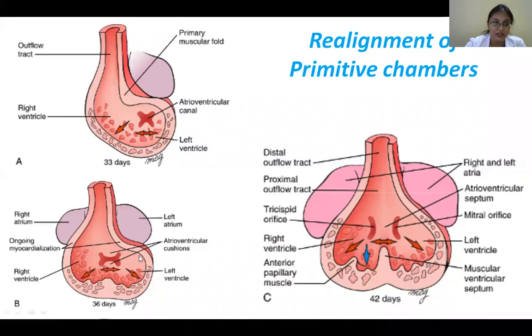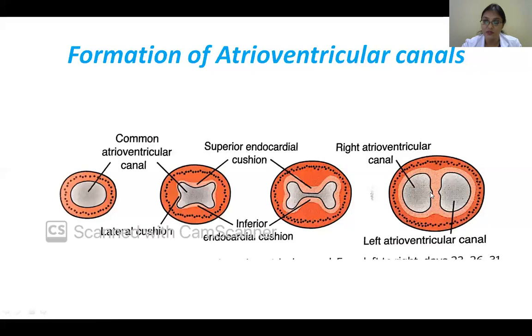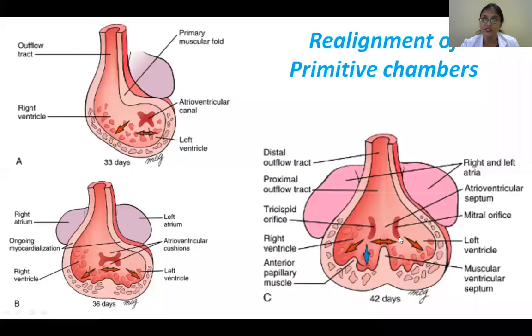So now how is the realignment happening? You can see the expansions. The chambers expand, and there's a stretch here again, atrioventricular, it's growing. Then you can see the atrioventricular septum has formed. Now you can see there are two different canals and not one. As the chambers are expanding here, you can see a muscular ventricular septum forming. Then a little more, there'll be some alignment. After that, you get left into this and right into this. That's the alignment of the primitive chambers.